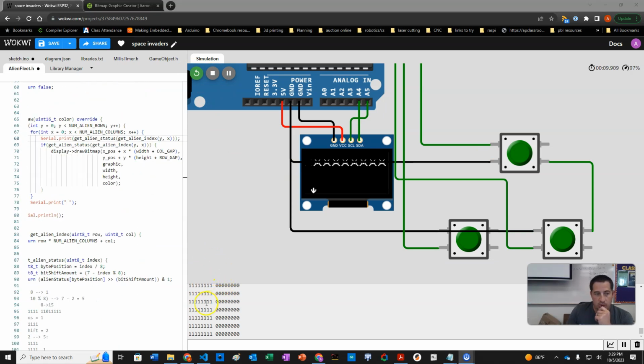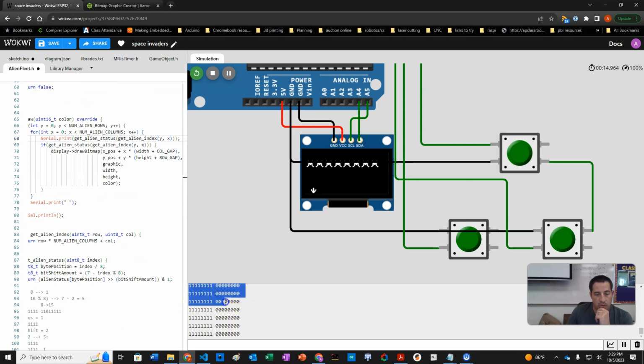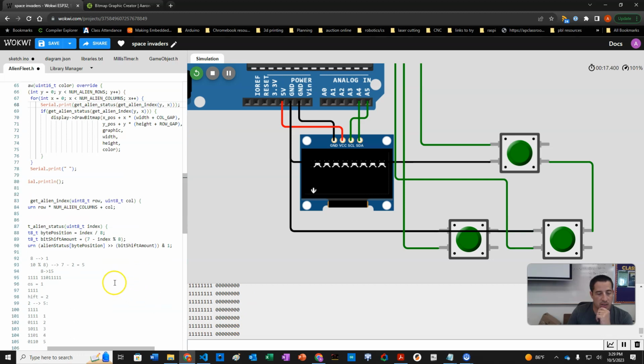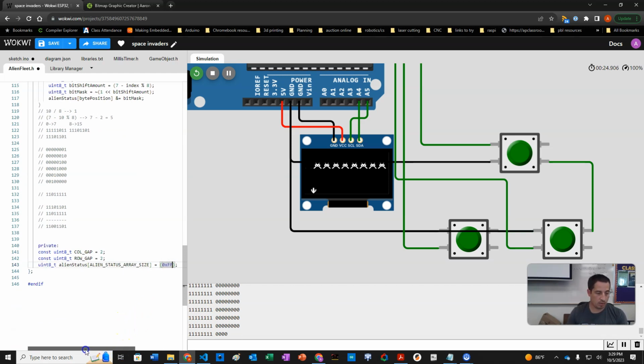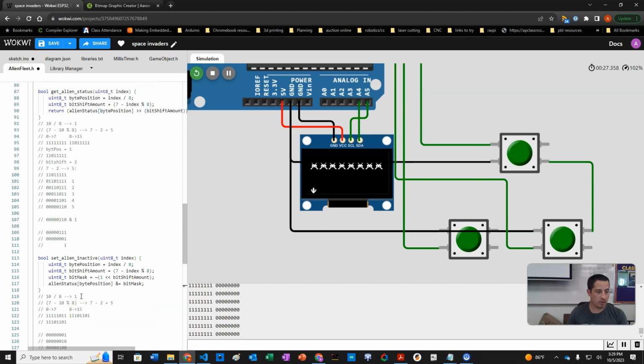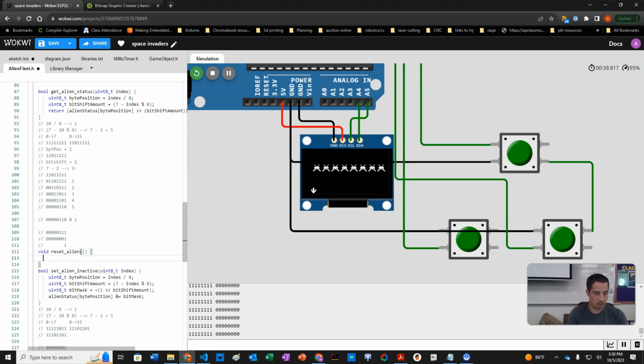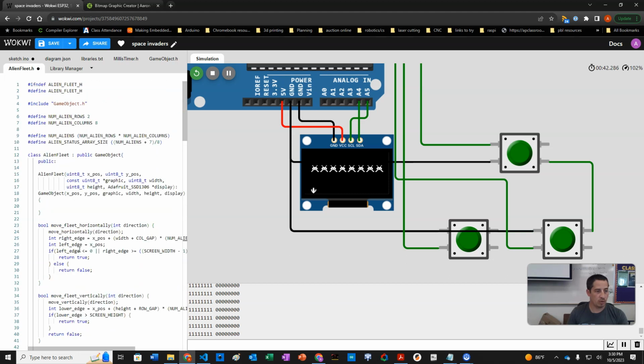Okay, so it looks like something's causing us not to get the second row of aliens. And so it could be just when we initialize it, I need to set both of these, which I didn't think we needed to. But what we're going to need to do really is we're going to have a function to reset aliens. We're going to say void reset aliens. And what we'll do is we're going to iterate through our array size,